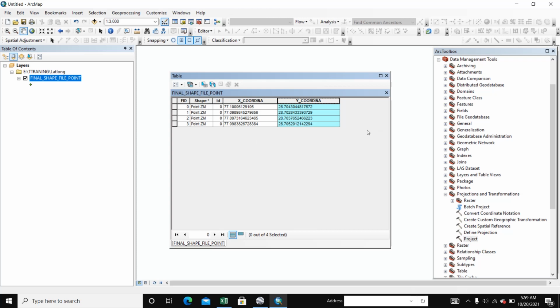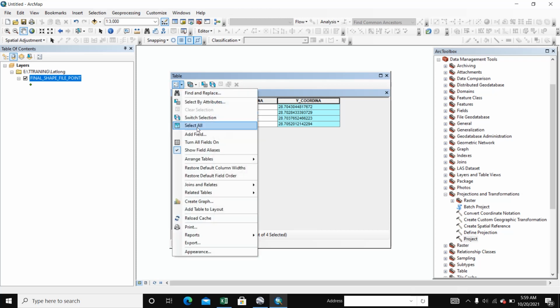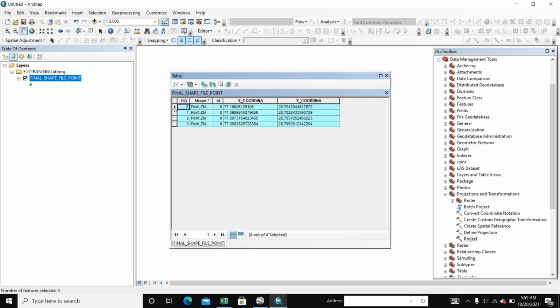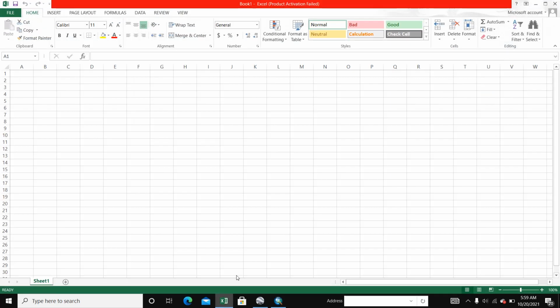If you want to change anything, you also select all and copy, and go to Excel and paste here.